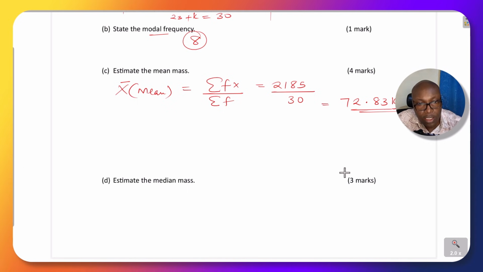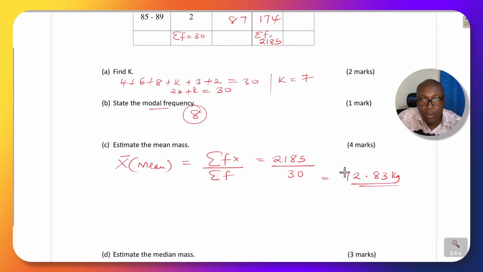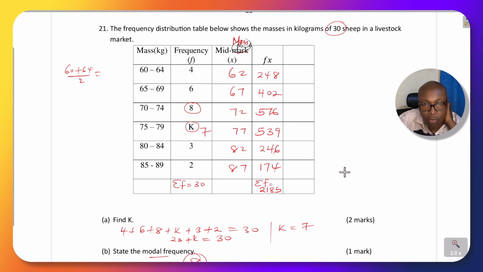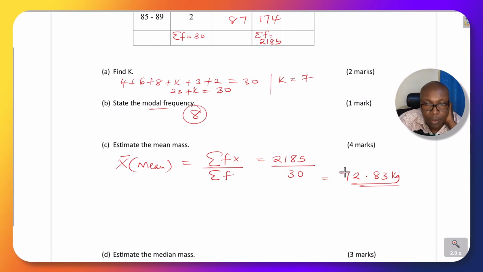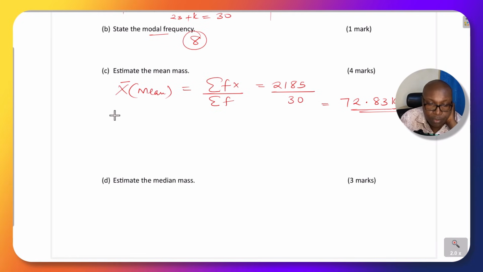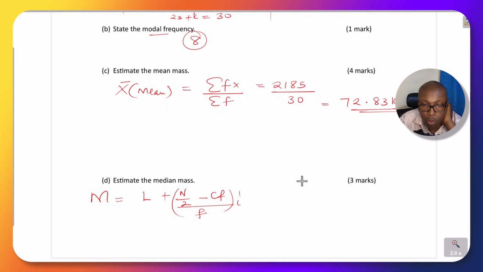The last one, estimate the median mass. So how do you get the median mass of this type of data? It will be given by this formula. Median mass will be given by L plus N divided by 2, subtract CF, divided by F, multiplied by I, where